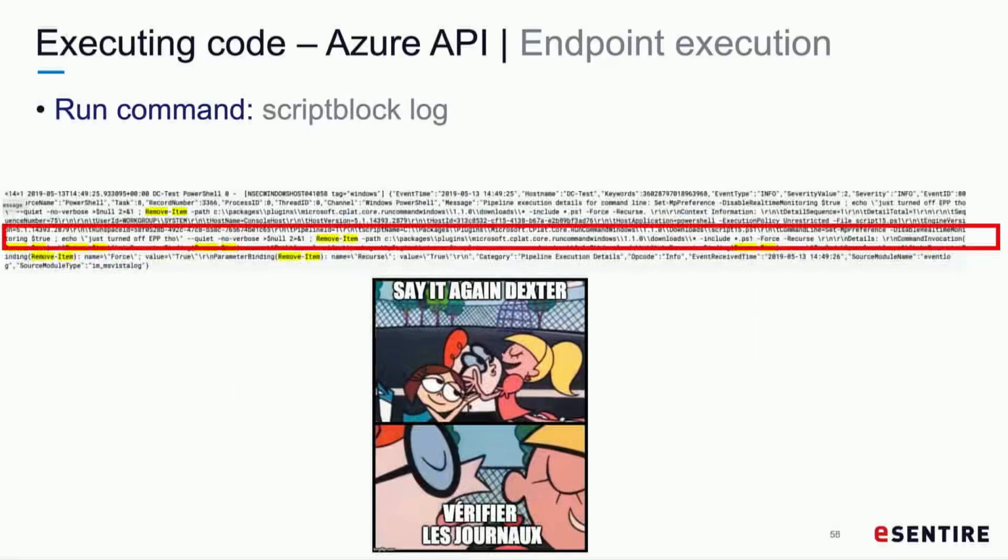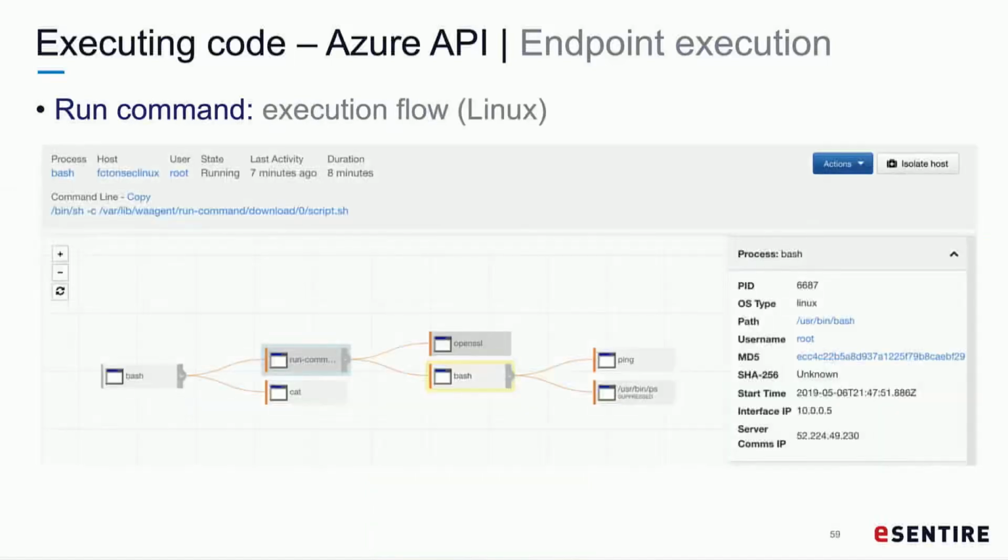But let us go to the logs. If you have script block logging enabled, you're actually going to get the content as it's executed. In this specific example, I turned off Windows Defender, great, and I also deleted all the script content. So you can let your minds wander on what could be done in this type of situation. So again, logging is really important.